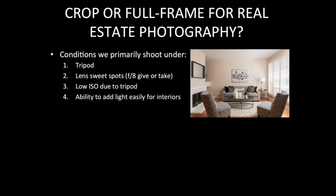Okay, so for cameras, you're not really able to notice the difference between the crop and full frame sensors under these really ideal conditions, all right? Because we have lighting, we're on a tripod, low ISOs, all right? So under the conditions that we generally shoot under, the advantages of full frame, however small those are, are pretty much mitigated in my opinion,